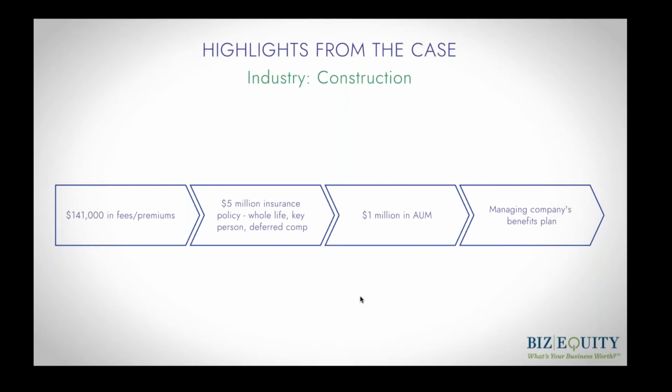So in this case, as in many, it was a sale to an insider, a key person at the company that had been with him a long time, a significantly younger gentleman in his 40s who is interested in taking over the company when my client retires, having my client be an advisor to him in the future. And how does he set up the structure of how he's going to buy out the owner? And so we structured a plan in the business for a deferred comp plan, a bonus strategy, and key person